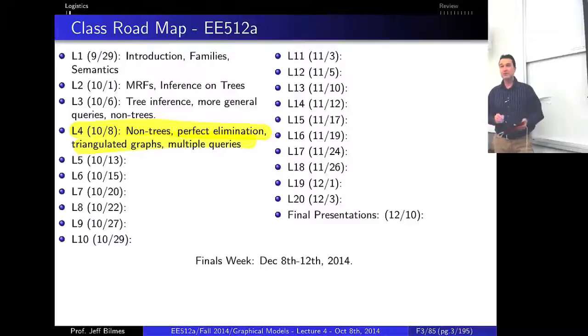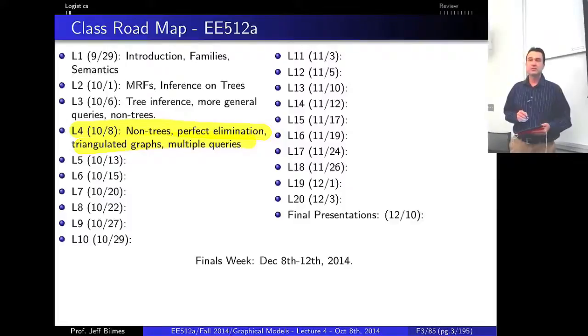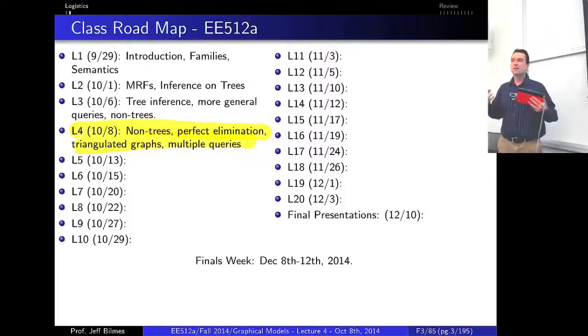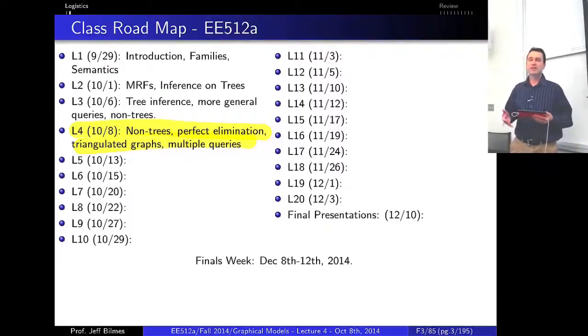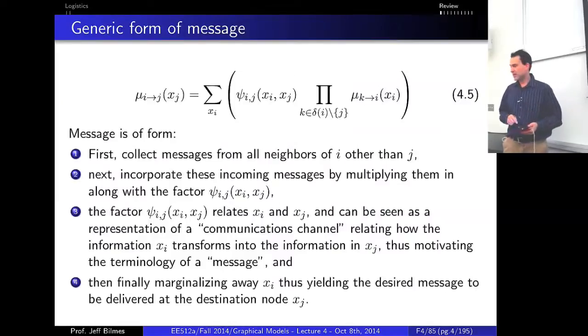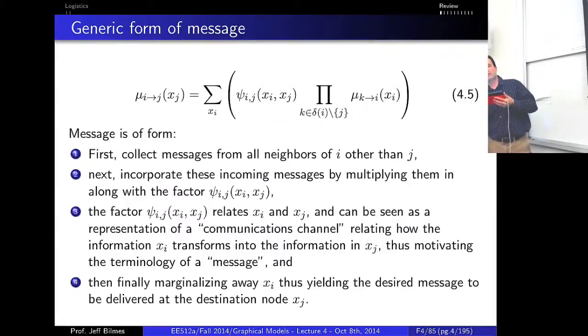Trees, and what we're going to be doing today is talk about non-trees and perfect elimination graphs, and introduce triangulated graphs, and see how triangulated graphs and what is a consequence of doing the elimination process on any graph is very, very related to what we've already been talking about, namely trees. That might seem surprising at first, but it actually ends up being very natural. But before we do that, let's do a little bit of a review and also see if anybody has any